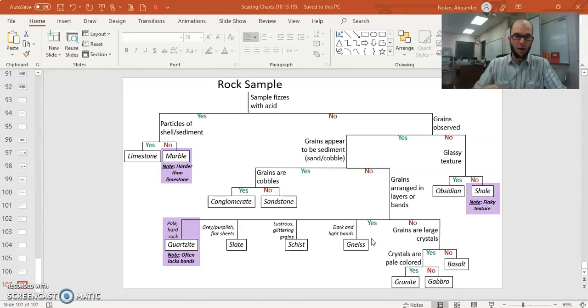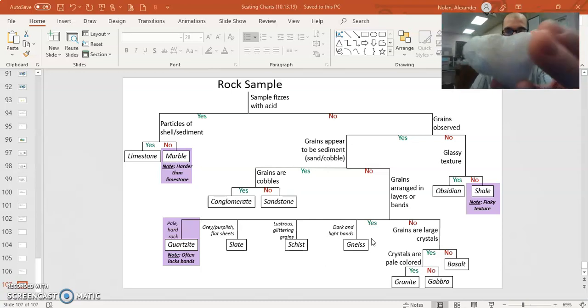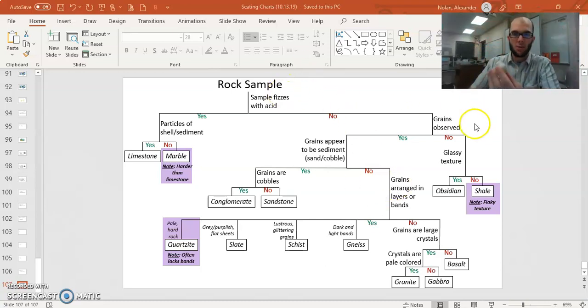One more example. I'll blast through this one really quick. This is a rock that's kind of whitish. I put acid on it and it has no response, so no. Yes, there are grains that are observed. They're these huge chunky crystals, so yes. No, they are not sediments, so we're going to say no. This is not arranged in bands or layers. However, I added a little note here that quartzite is a pale hard rock that forms without layers, and so we